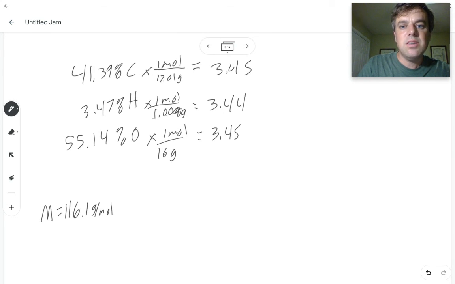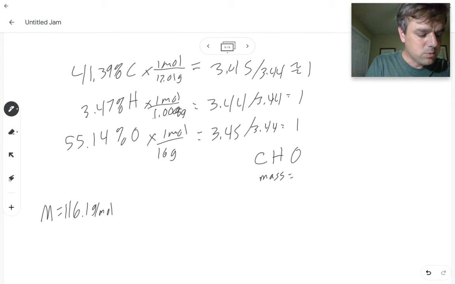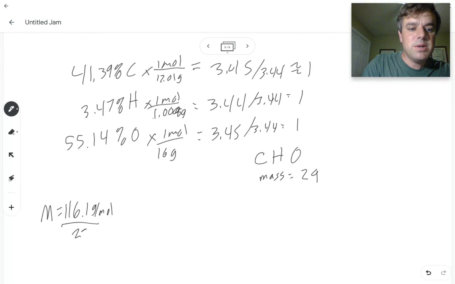So if we divide them by the smallest, the 3.44, we get approximately 1, 1, and 1. So our empirical formula is just CHO. Now it has a mass of 12.01 plus 1.008 plus 16. Its mass is 29. We were told that the actual mass is 116.1. So if we take 116.1 divided by 29,